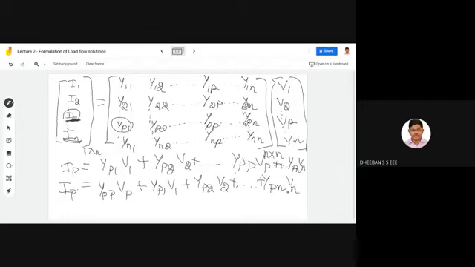And now what you can do is you can have this separately, and this you can just make as a summation equation. How you can make it: Ypp Vp remains the same plus